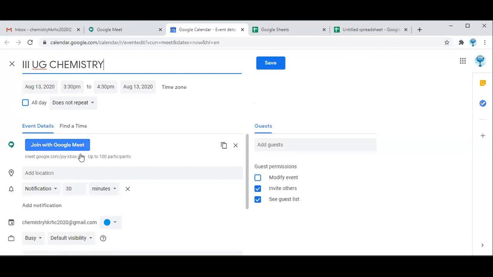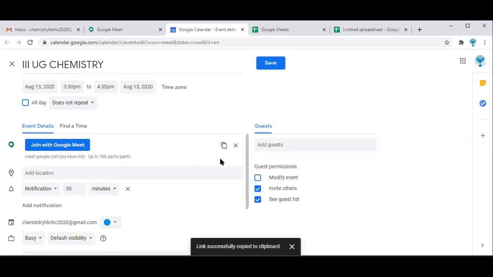Then we have to copy this link by clicking this copy icon. So automatically the meeting link will be copied. So you can share it with your students or the participants by sharing it in your WhatsApp group or in your mail.